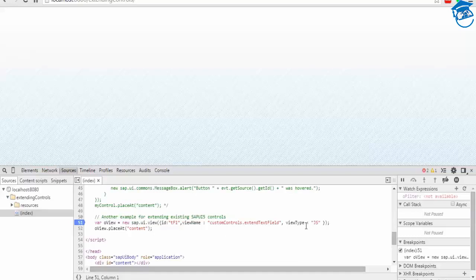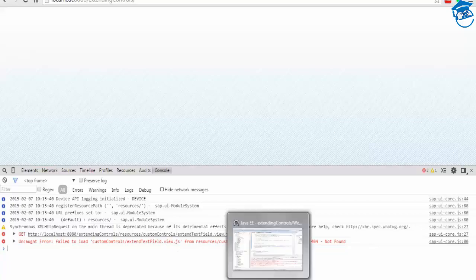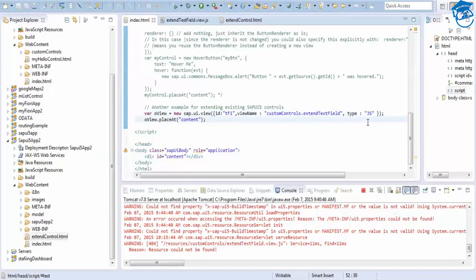So still it says view type. Our code is not extended. See, when you say fail to load custom.controls/extend text field.view type, so it is not getting. Okay, this is a correct view type only, but it is not coming. So what are we going to do?